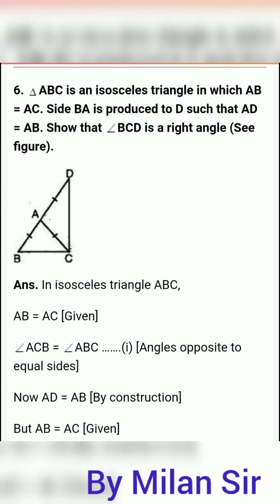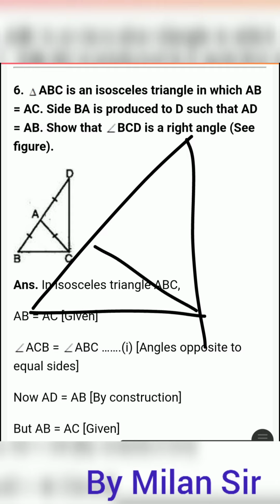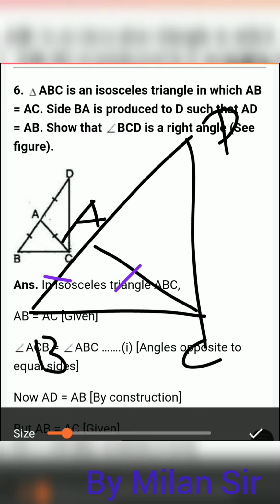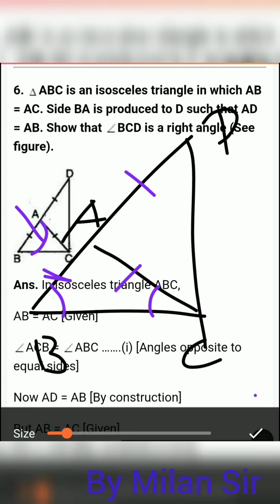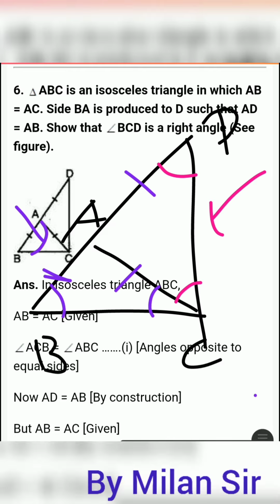So what we proved here: one triangle is given to us, A, B, C and D. Initially it is given that AB is equal to AC and AB is equal to AD. Alternatively all three are the same. Now in this triangle, these two angles are the same, and in this triangle, these two angles are the same. After that we just use the angle sum property. Angle D plus angle B plus angle C. Now in place of angle C, two parts are written.